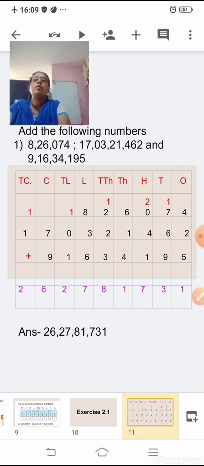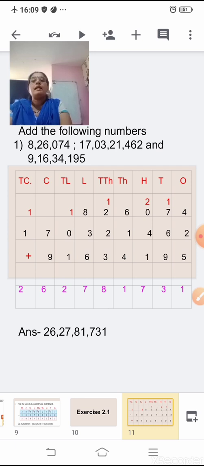Now here what you have to do is add 3 numbers, which we have taken from the textbook. I have taken some examples, that is some sums. Out of the 2-3 sums I have solved, 1 sum I have given you as homework. So let us solve some sums of the exercise.